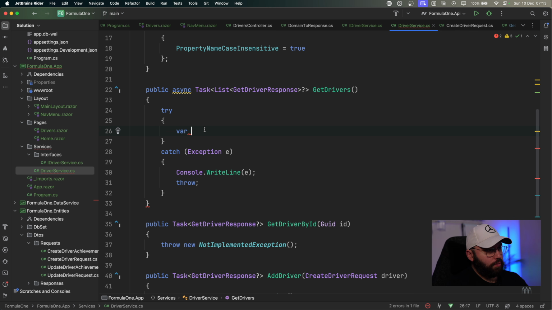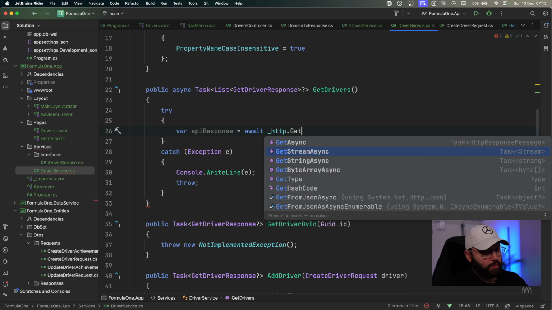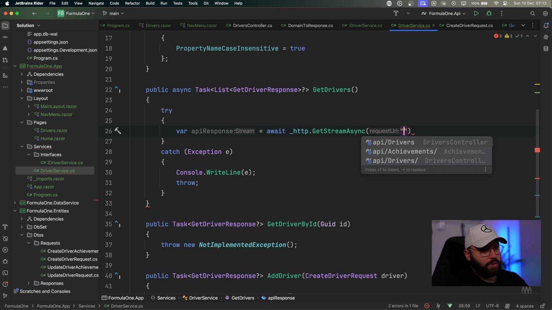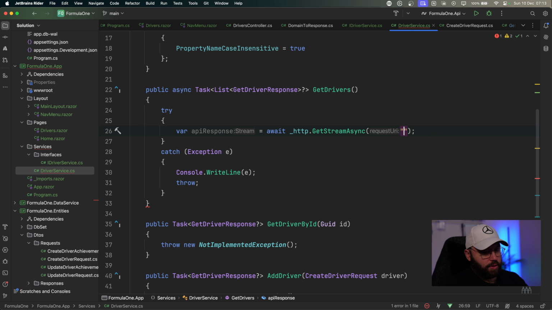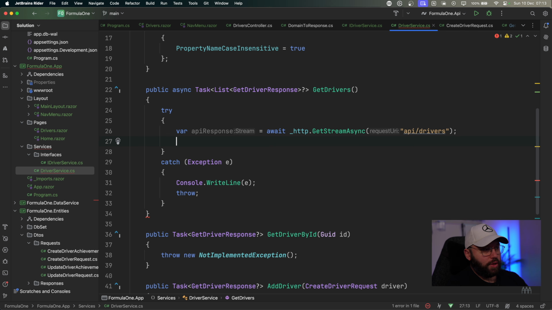So the first thing that I need to do here is I need to start actually by creating my API call. So through this, first of all, I'm going to put here var API response equal await _http.GetStreamAsync, and here I'm going to specify the endpoint that I want to utilize, and this is going to be /api/drivers. This is the endpoint that I'm going to be utilizing in order for me to get my drivers,